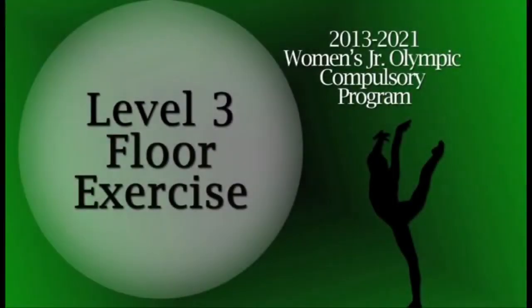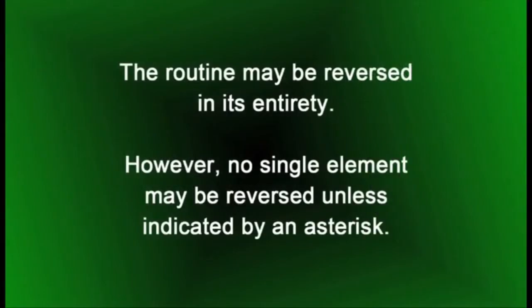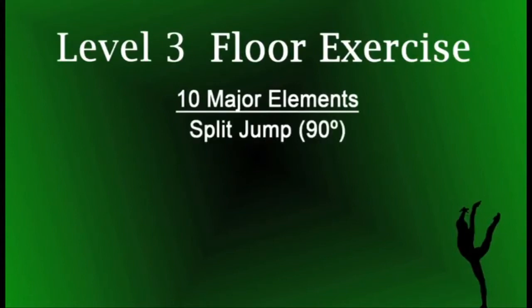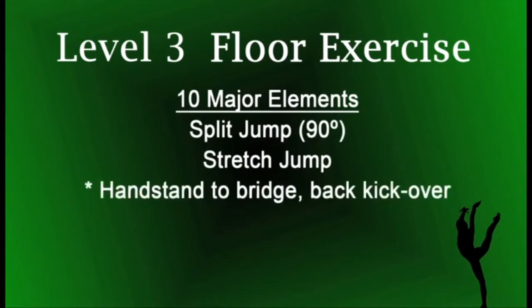Level 3 Floor Exercise. The routine may be reversed in its entirety. However, no single element may be reversed unless indicated by an asterisk. There are 10 major elements in the Level 3 Floor Exercise routine. Split jump, stretch jump, handstand to bridge, back kick over,